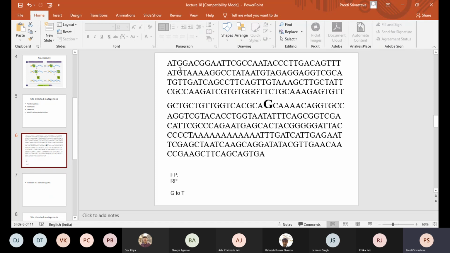If the sequence starts with ATG and ends with TGA or TAA, then it is a coding DNA. So now please try designing the primer.